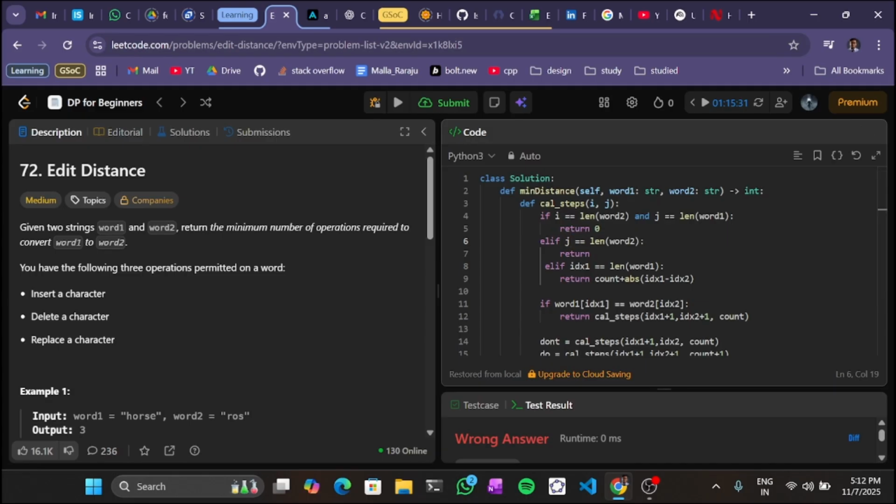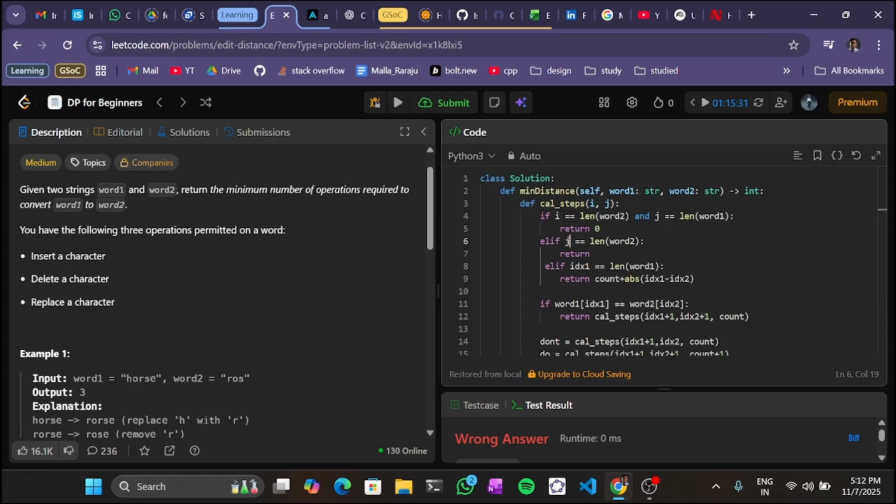If j goes to the last word, then we have to delete the remaining values from the word 1. So return